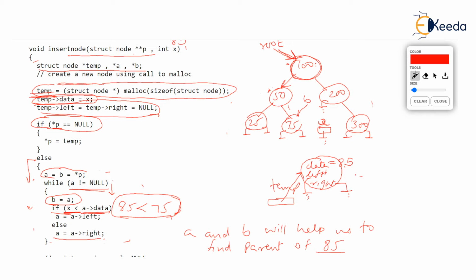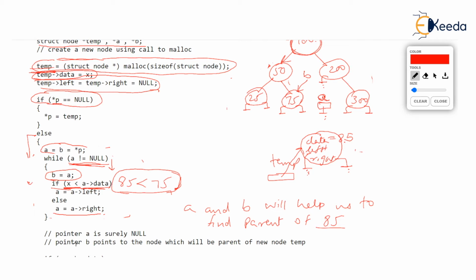but B has not become null. Observe how B was carefully following A, isn't it? So B is still at 75, but A has moved ahead. We have said A should become A arrow right, so A has become null. What happens after A is equal to A arrow right? We go back to while and ask, can we continue? But while says no, not now. Because for repeating the while, A should not be null, but observe A has become null. So the loop breaks. Now, one thing is sure, when the loop breaks, we are sure that A is null.